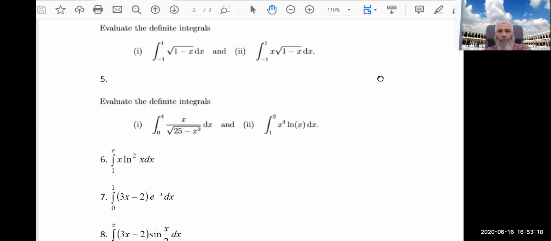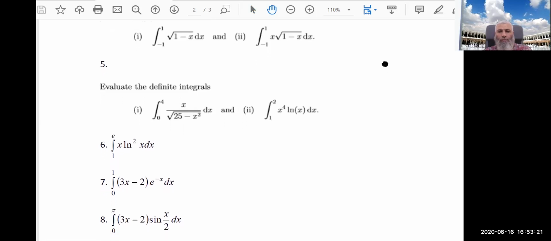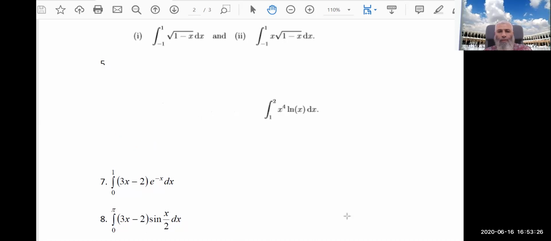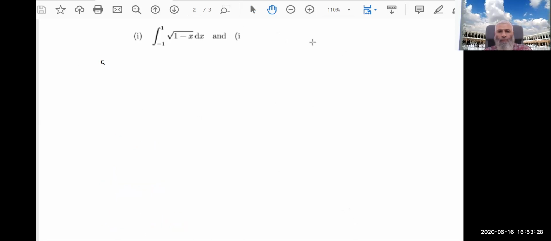Evaluate the definite integrals. Now, what here? Here we can do substitution with the root. t equals 1 minus x. So dt equals negative 1, minus dx. So dx equals